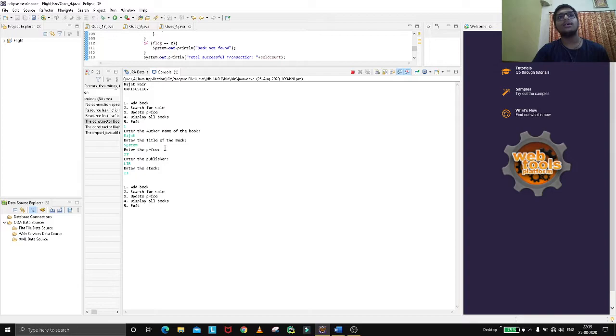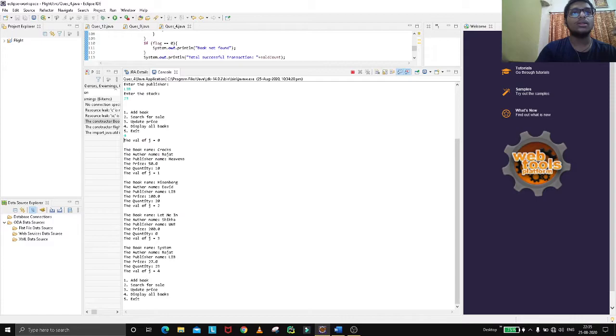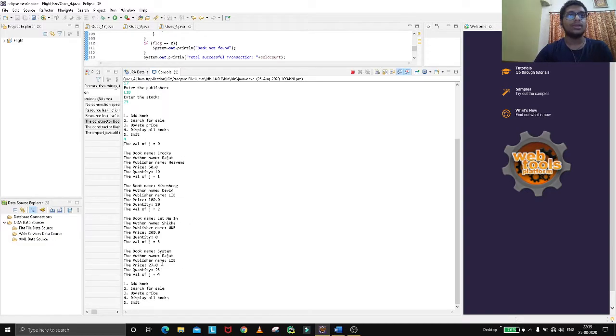We have added all the details of a book and the author. Now if the seller wants to display the items, like 4, if we display all, he will press 4, then all the book items will be displayed, like the previous objects, object 1, object 2, object 3, and object 4 that is created by the new customer. So here you can see, and then as the code runs,